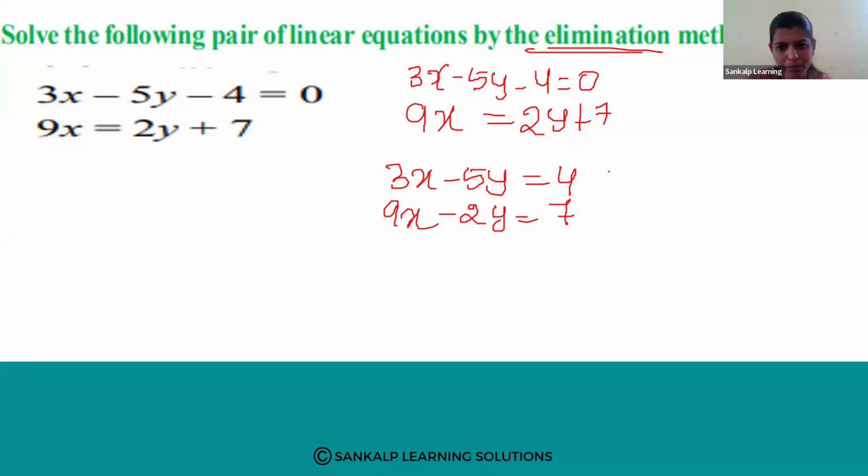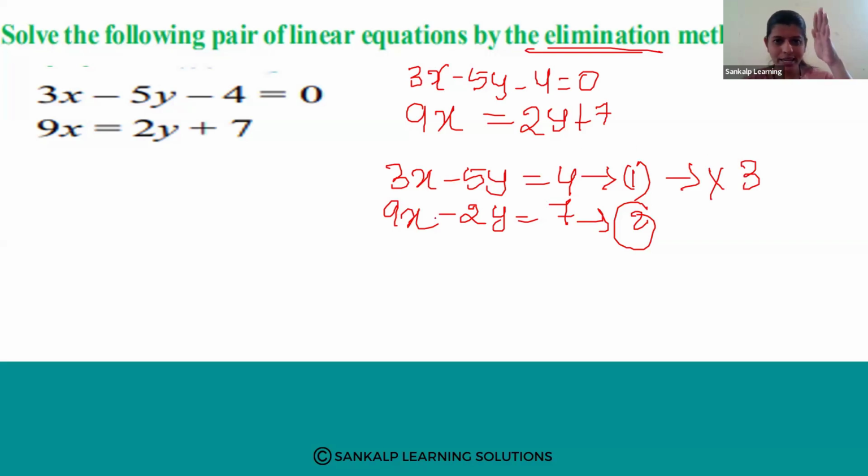So when you multiply equation number 1, call this as equation number 2. So when you multiply equation 1 by 3, then you will get 9x here. So here also 9x is there. So 3 3s are 9. 9x means you will eliminate x. Right? So now x or y, either can be eliminated. Which will be easier? When you multiply with 3, you will get 9. So 9x will get eliminated. What happens? When you multiply this equation by 3,